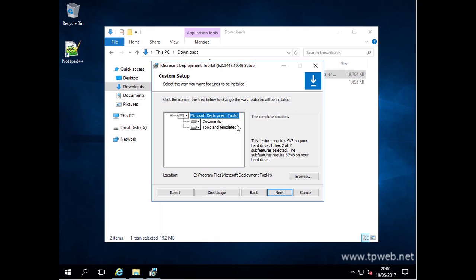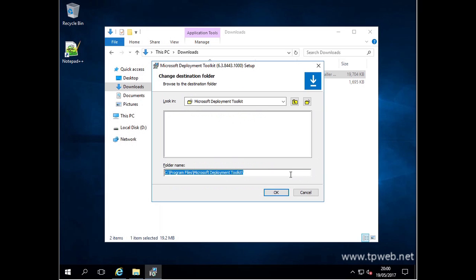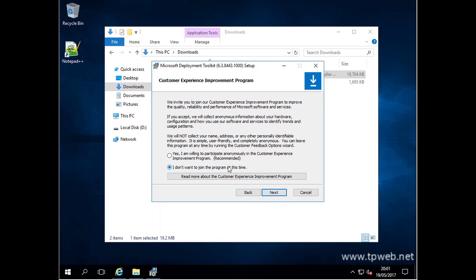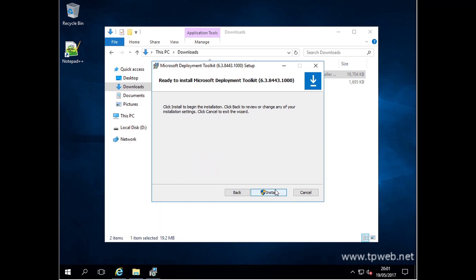In this section we need to make sure we have everything selected, but I am going to change the installation directory again to my D drive. I'm going to select OK, then Next. I'm going to choose not to participate in the Microsoft Customer Experience Program, which is the default option, and I'm going to select Next. I'm going to select Install,